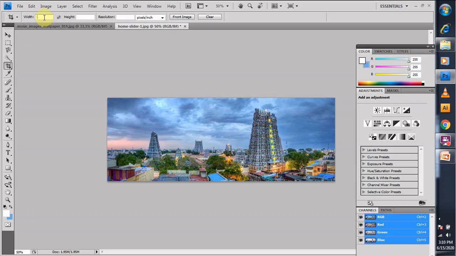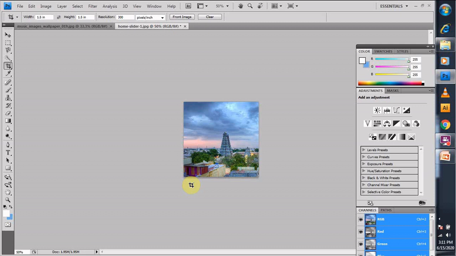Like if we want an image to be a size of 1.5 by 1.5 and resolution to be high, we'll set it and when we click on the crop button it will take only that particular width and height, not more than that. So it has taken the form of that particular small image we need to cut off.